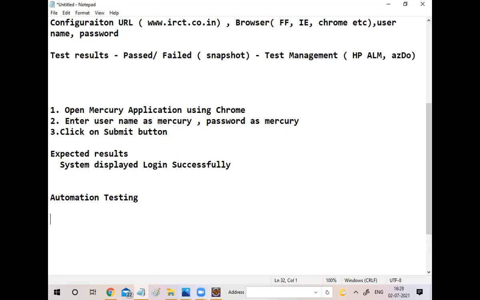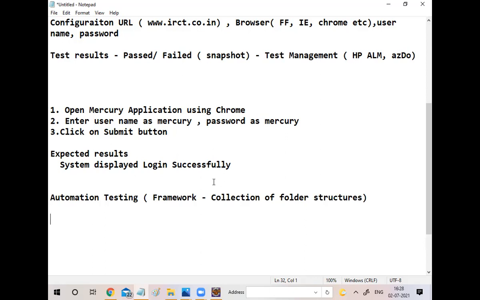So first of all, we need a framework actually. For automation testing, we need one framework. What do you mean by framework? Framework is nothing but a collection of folder structure. That's all. Framework is a collection of folder structure. Generally folder structure means simply a Windows folder, that's all? No. In that, we need to add some technical things actually.